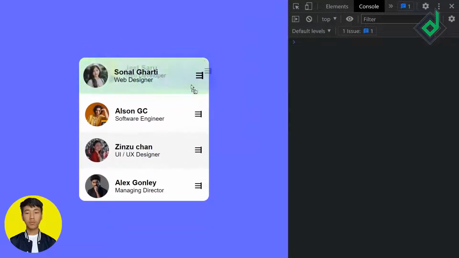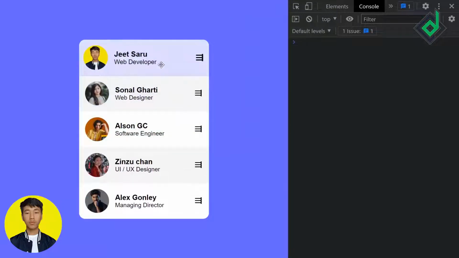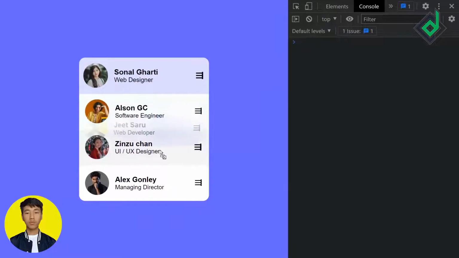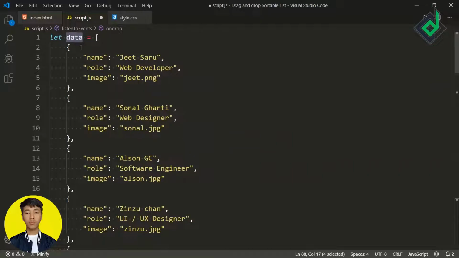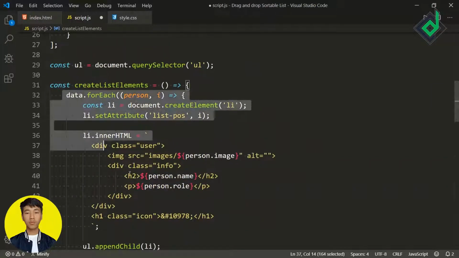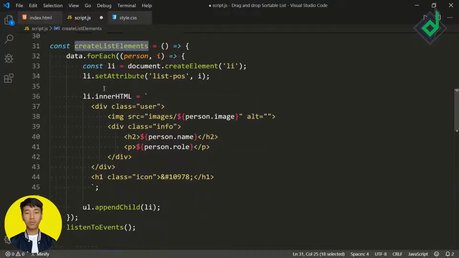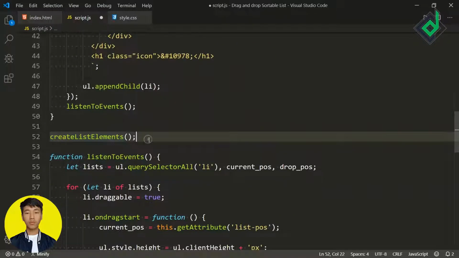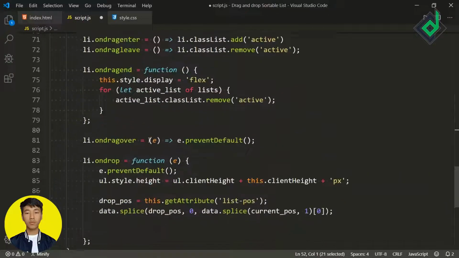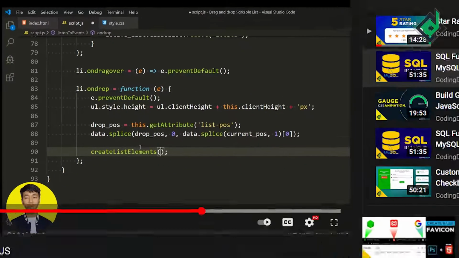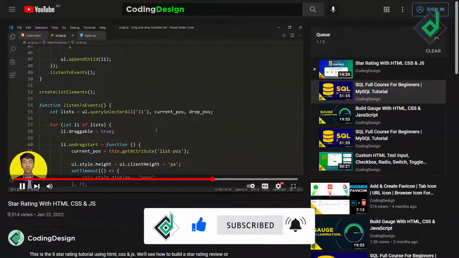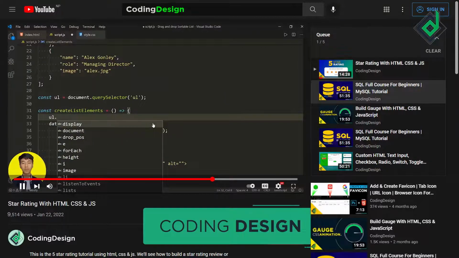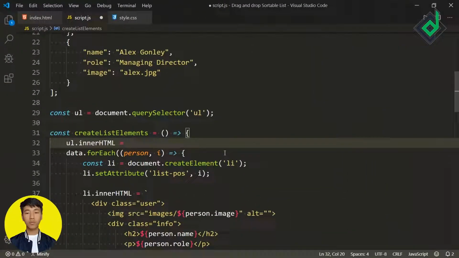So in the browser, once again, if you drag and drop the element, now you're not getting any changes, because you can see we have already manipulated all the values of the data array. And you can see when we are calling that create list element function, we are creating all the list elements dynamically. So now we need to invoke that same function, that is the create list elements function. And also as soon as the create list elements function is triggered, at that time I want to remove all the content that is within the UL element. So for that I can write ul.innerHTML is equal to an empty string.